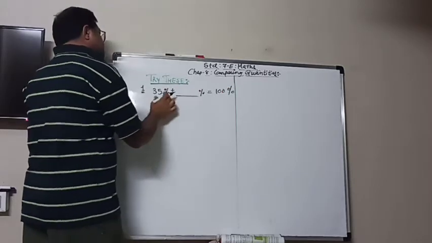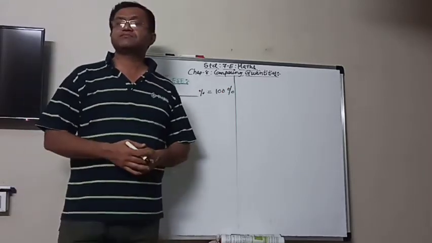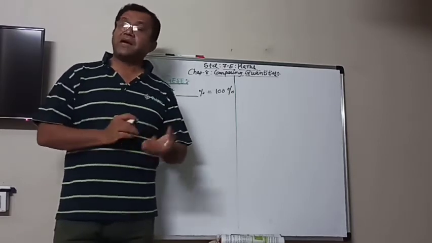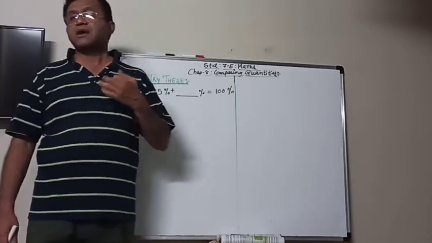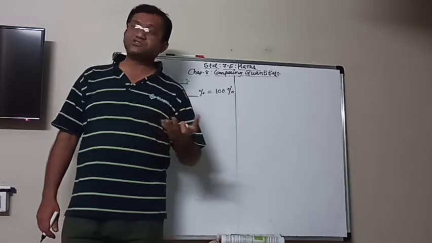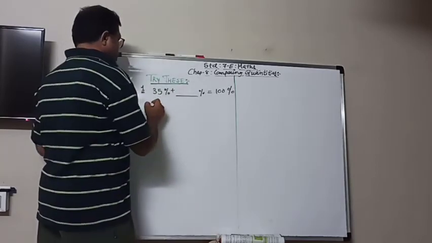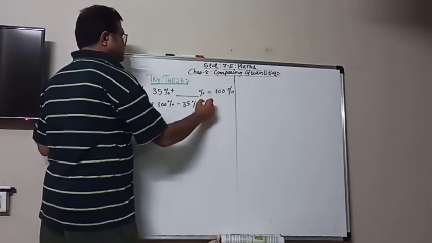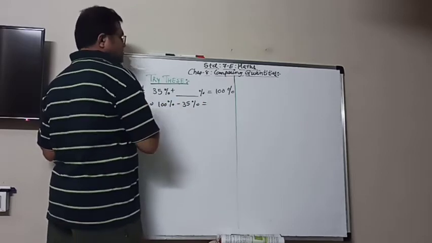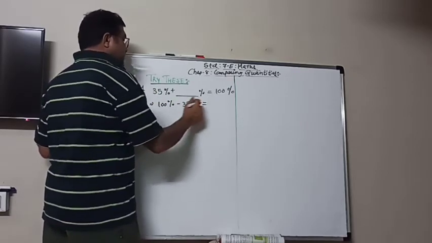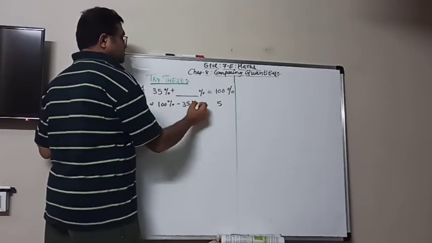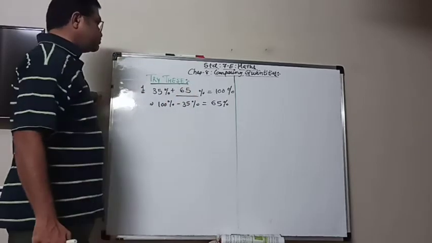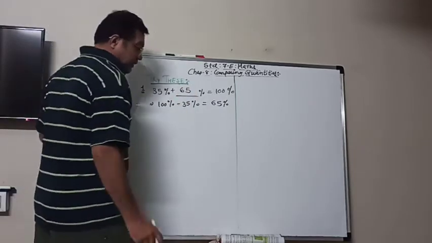So we know that if we add the total parts in percentage, it becomes 100%. And if one of the parts is given in percent and you want to find the other part, you subtract it from 100. So here 100% minus 35% you have to do. What is the answer to 100 minus 35? 10 minus 5 is 5, 9 minus 3 is 6. So the answer will be 65%. So you have to subtract it from 100.